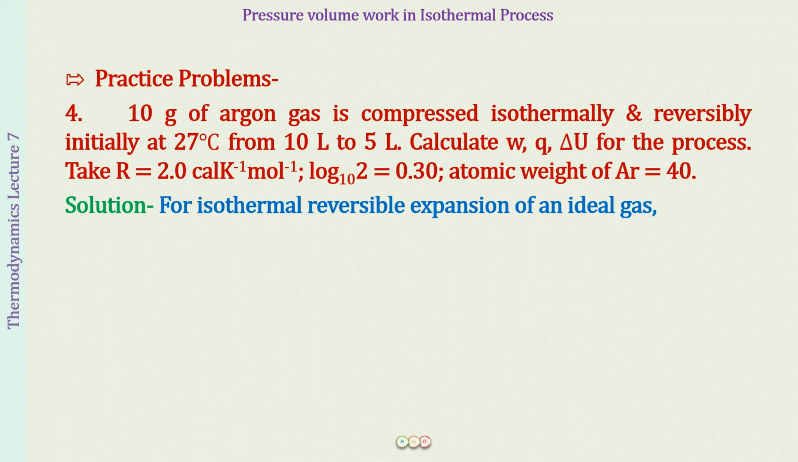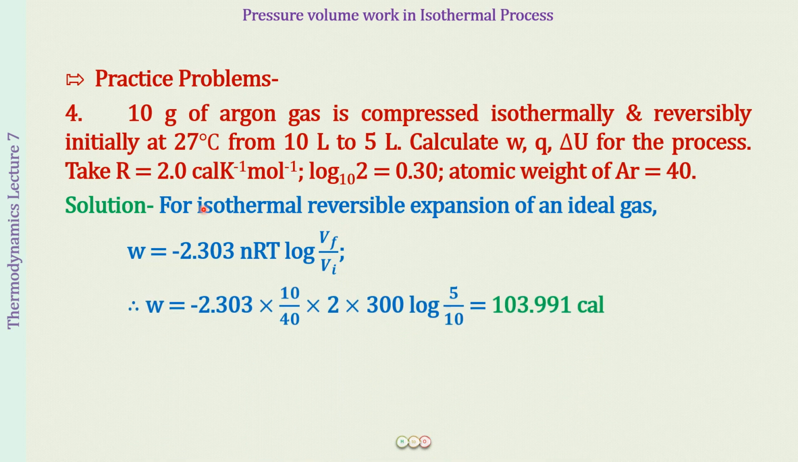So here again, because it is an isothermal reversible compression that is taking place, the formula for work done is again going to be minus 2.303 nRT log of Vf over Vi. So when you put down the values, first of all you will have to calculate the number of moles from the mass of the gas given divided by the atomic weight. So here the number of moles will come as 10 by 40. Put down the rest of the values, convert 27 degrees into kelvins as 300 Kelvin. Well, the value of work done comes up as